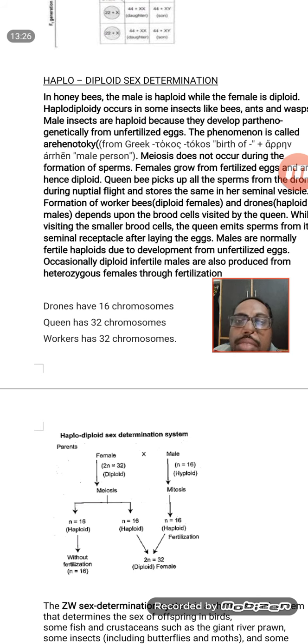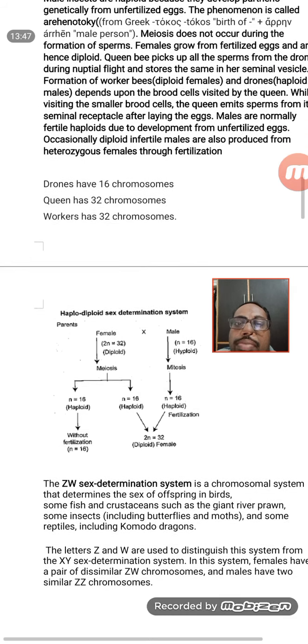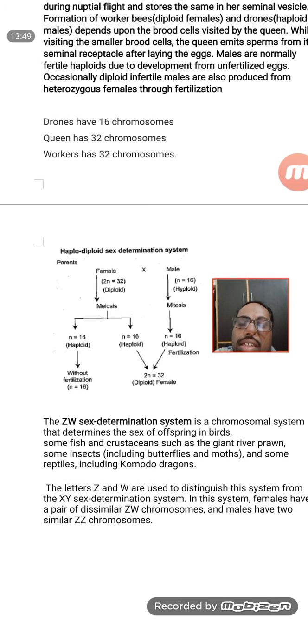But we know this much, that the queen, which is bigger in size, will have 32 chromosomes, and workers also will have 32 chromosomes. But one thing is there, workers are sterile in nature, and the drones will have 16 chromosomes, which is male. So if you see here, this